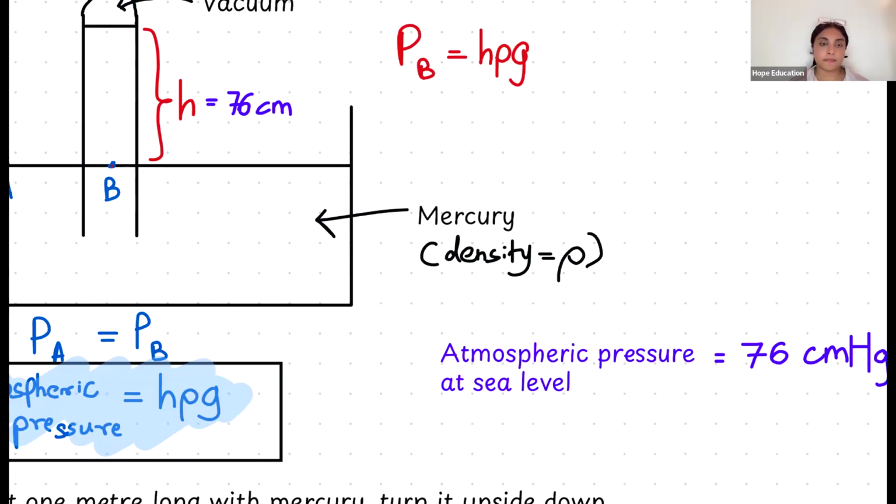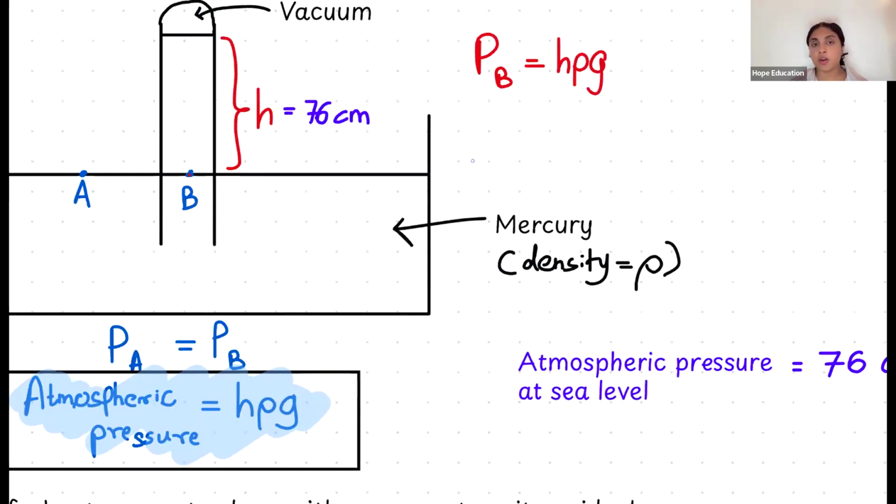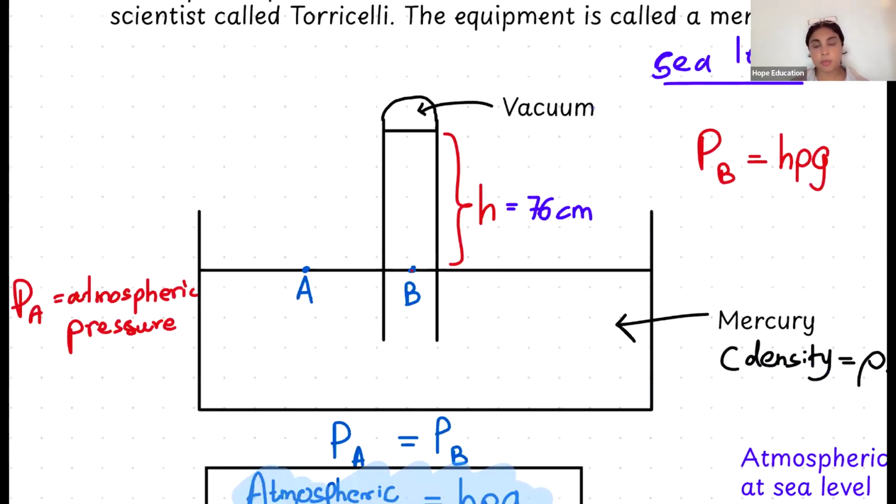Okay. Now, we already talked about the vacuum. So we know that already here there's a vacuum. So that is no problem. I have a question. When I turned this tube with mercury upside down and I immersed it into the container,